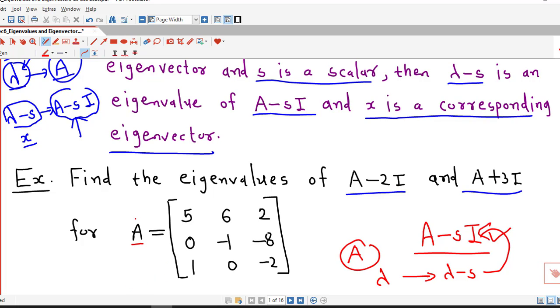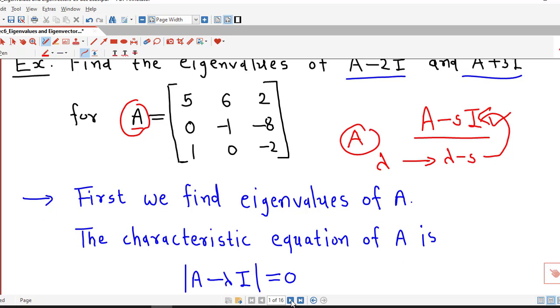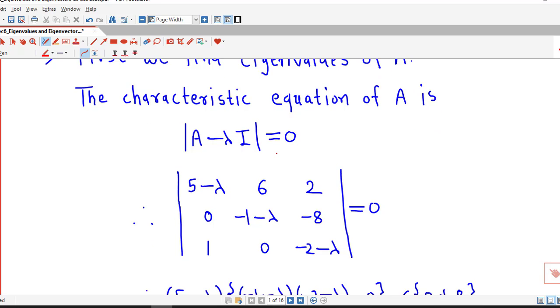So for this matrix capital A, first we find its eigenvalues, and as we know, to find eigenvalues of this matrix A, we find the roots of the characteristic equation of this matrix capital A. So the characteristic equation of matrix A is determinant of A minus lambda I equal to 0, and this A minus lambda I is the matrix obtained by subtracting lambda from the diagonal. So we subtract lambda from the diagonal and we keep other entries as they are, so we obtain this